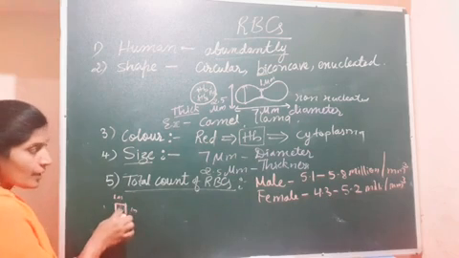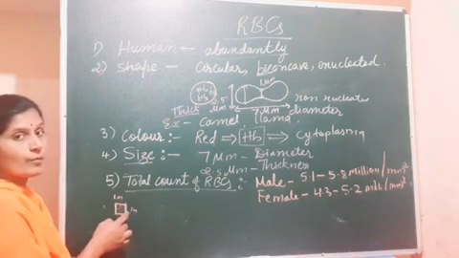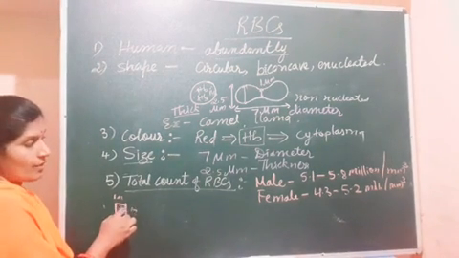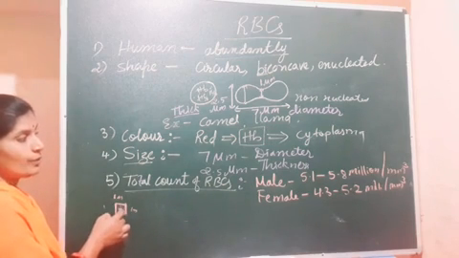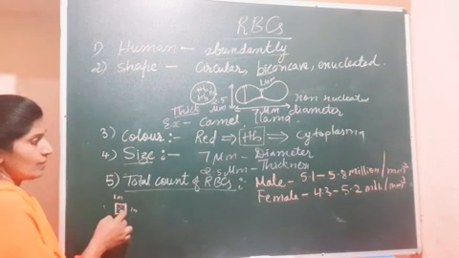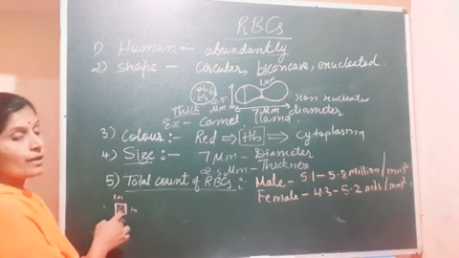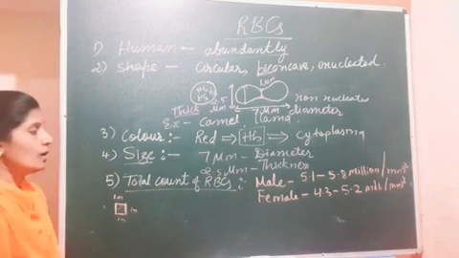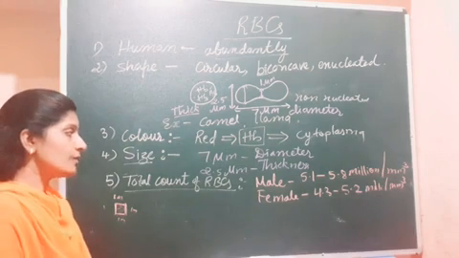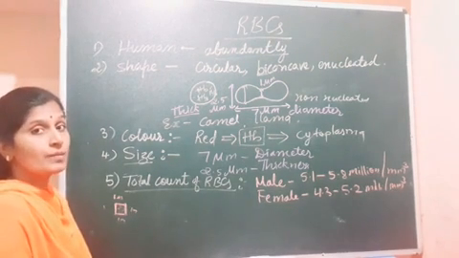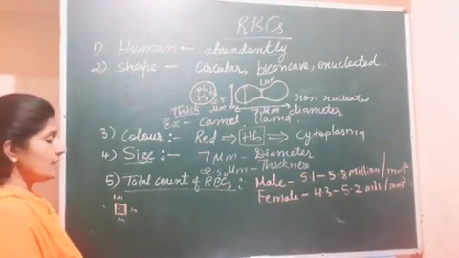area, this only per cubic mm area, how many RBCs do we find in the male is 5.1 to 5.8 million. Not 100, 1, 2, 3, 4. How many? Millions. 5.1 to 5.8 million RBCs will be found here. In the female, 4.3 to 5.2 million per cubic mm of RBCs will be found. So, in the female, RBCs are less in number as compared to the male because of some reasons, that is the menstrual cycle that occurs in the female, so the number of RBCs are less in the female.